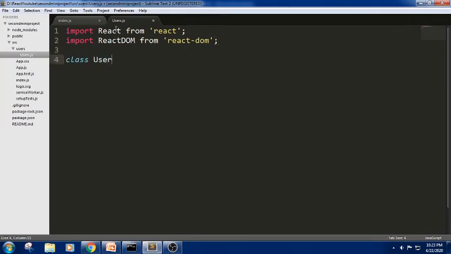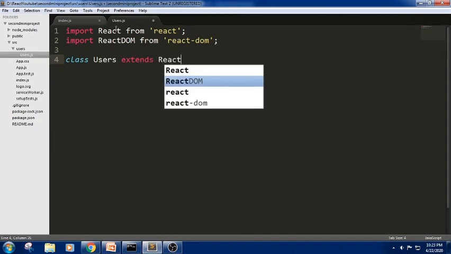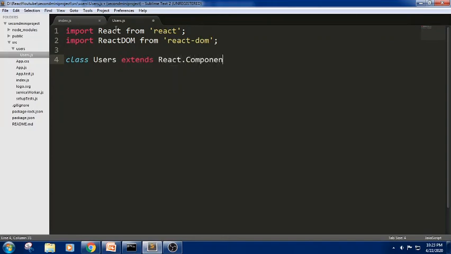I am taking Users. The class component should always extend the React component. When we use the extends keyword, it has access to all the properties and functions of React.Component. In this, I am using a render method, and I am writing a div with hello Johnny.